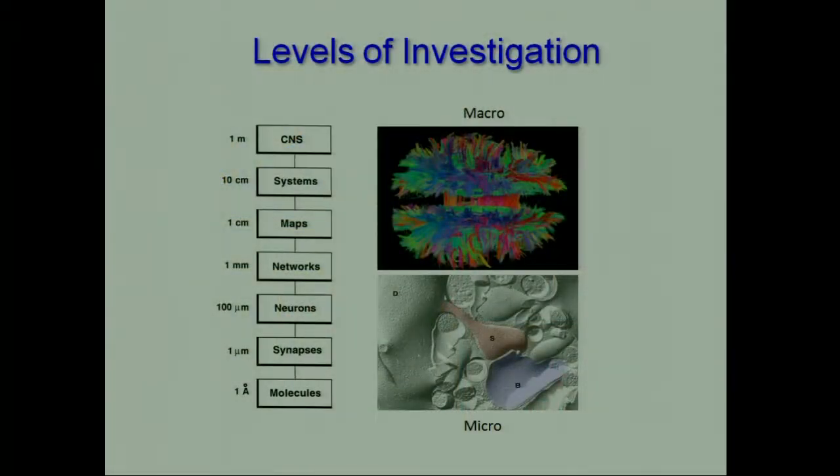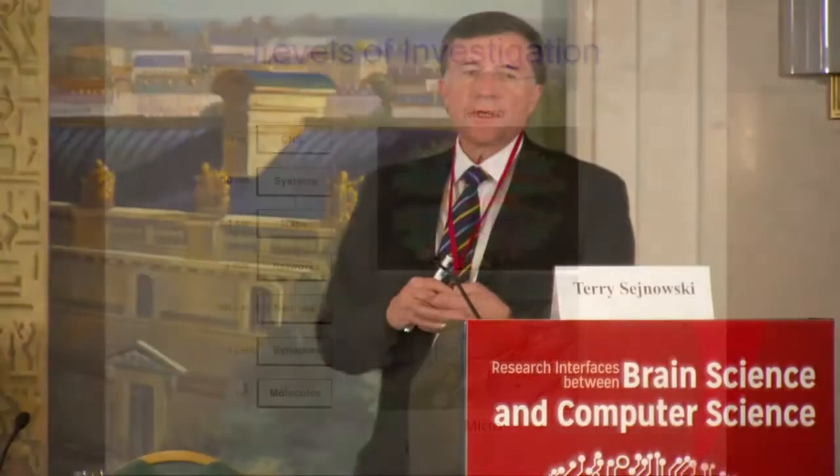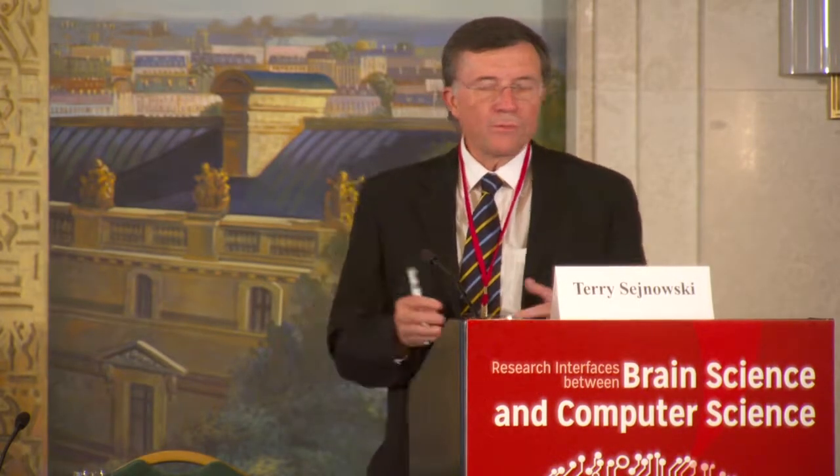You've heard the word connectomics. Well, it turns out connectomics can be done at each one of these levels, looking at the connectivity pattern between neurons in the brain. If you do it down here at the level of individual synapses, and here is an example of a synapse, then it's called microconnectomics, and that's what people like Jeff Lichtman and Sebastian Seung and Winfried Denk are trying to do. They're trying to do at that level larger and larger chunks of tissue.